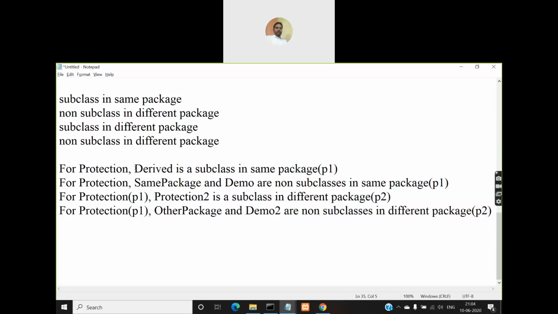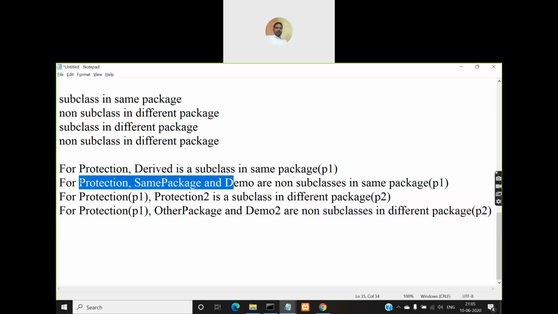Protection has only one subclass in the package, that is derived class.